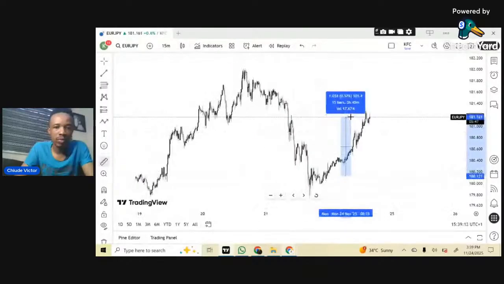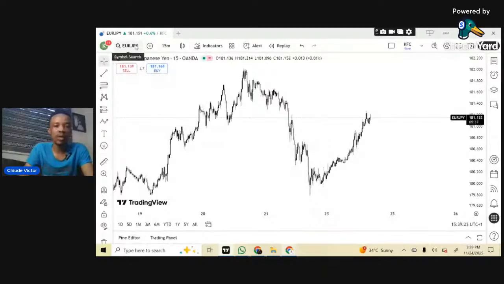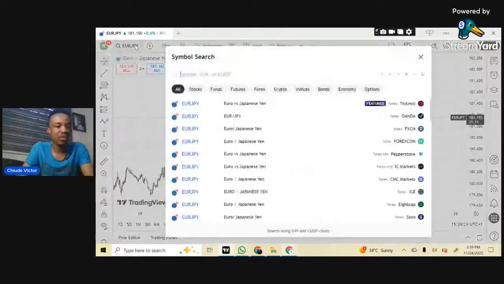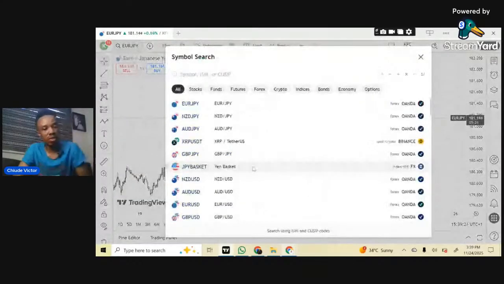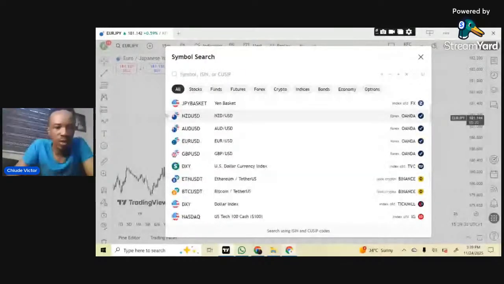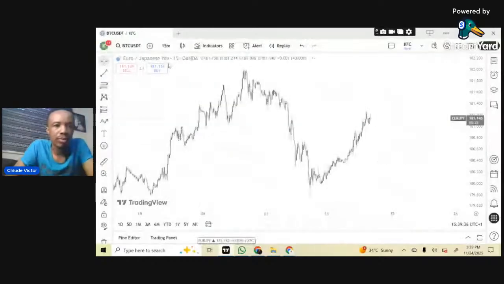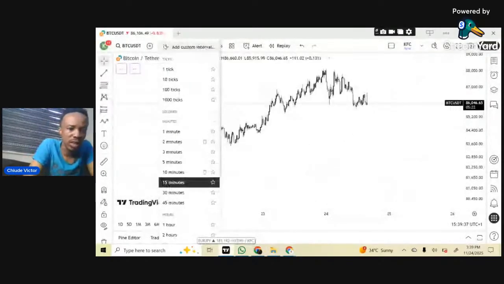What can you see? 112. So you can see this one is not lagging. The other ones are lagging. This one gave 112. GJ gave 58. So you can see how I relate with all of these Forex pairs. And funny enough, I haven't checked EJ for a very long time because the market has not been giving me what I'm expecting.